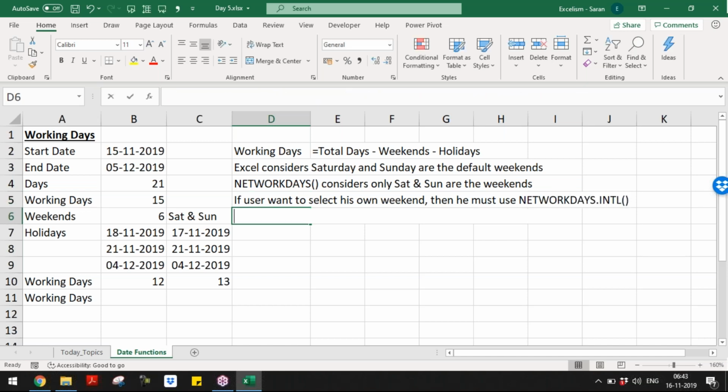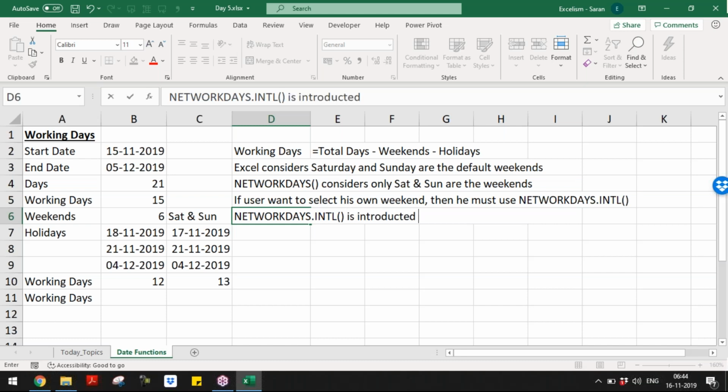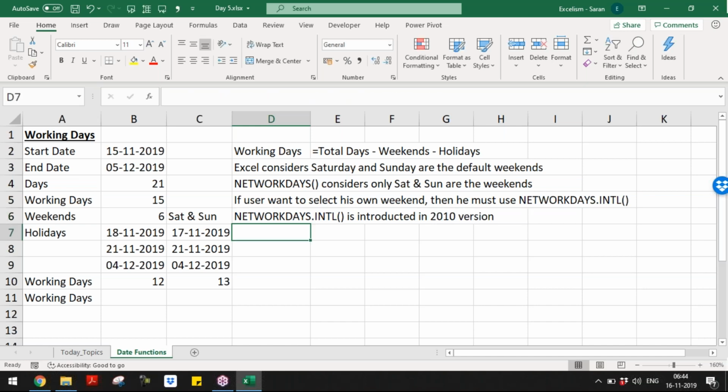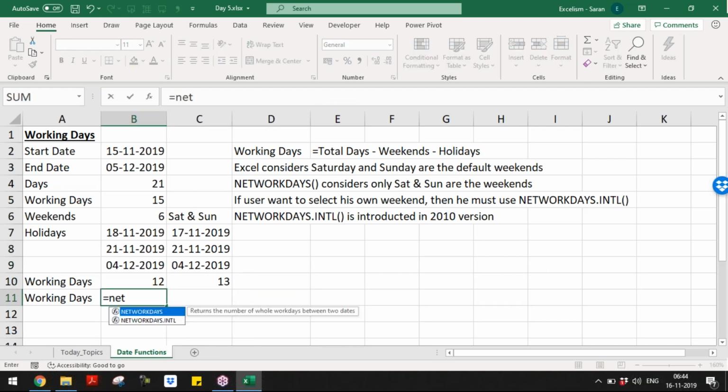But wait, NETWORKDAYS.INTL was introduced only in the 2010 version. So whoever is using the 2007 version cannot use this function. Must be very careful. Equal to NETWORKDAYS.INTL.